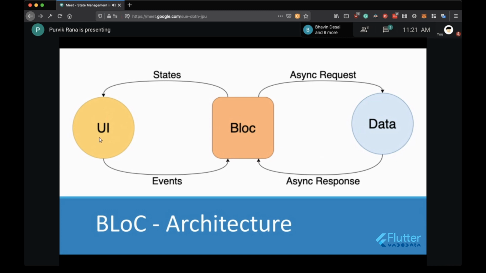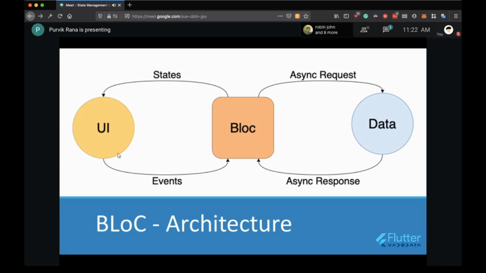On the UI, you will have different events. Let's say I have talked about one single event, the button click. We can also have different events for pagination. If you have worked on that, then you can easily sense the pagination also. So pagination events are there, button click events are there, user redirection events are there. Let's say on the button click you want to redirect the user to some other screen; you can also handle that through the block. I know that we can directly use the Navigator.push method for that, to redirect the user to other screens.